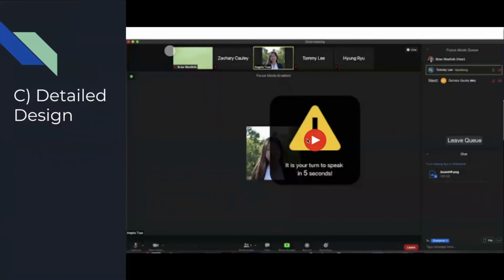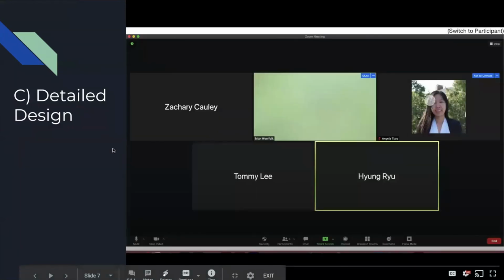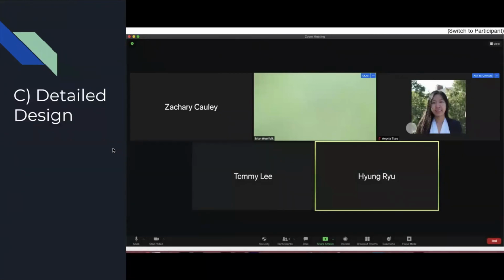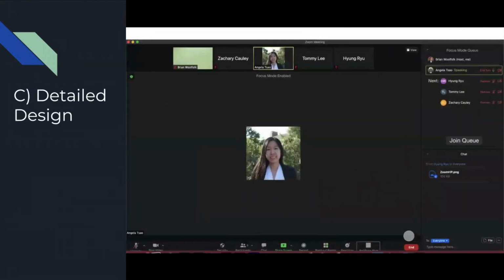So here's our final high fidelity mockup that we created based on the wireframe and justifications that were just shown. Right now, we're looking at the host view, where the host can click focus mode in the bottom bar in order to enable it. The focus mode queue will show up in the right panel, and the host can remove people who are currently in the queue,